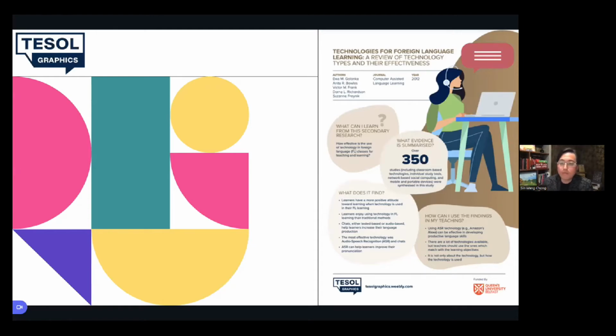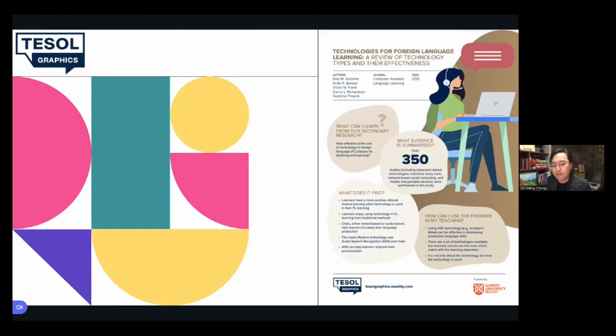And more importantly, we have a box that says, how can I use the findings in my teaching? And I think this is something that sets us apart from other databases. This is something we just started doing. It's not something huge, but the idea I really like is that the people summarizing the summaries are practitioners. As you can see in my earlier slide, we have practitioners being part of our team, and Maddie, one of the team members, helps summarize